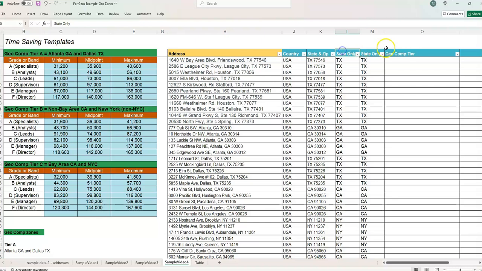But for this example, basically we want to take the information we have, which is the full address in one cell, and we also had previously broken this address out using some different formulas. We're getting the city in one cell, state, and then zip. So using this data, we want to be able to assign which geo-tier each address or each employee belongs to